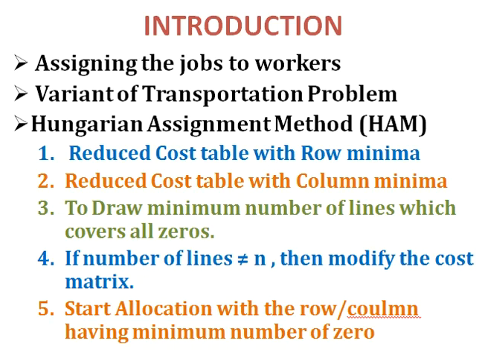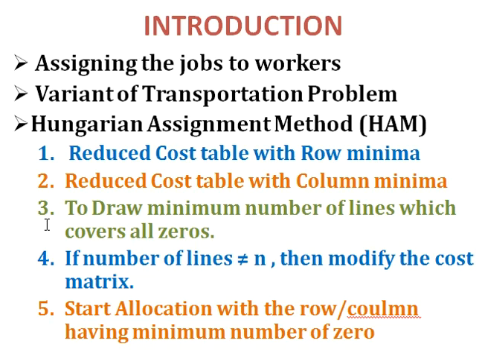So let's see why we are using this algorithm for the particular assignment problem and what the different steps of this algorithm are. Basically, these are the 5 steps to solve assignment problem by using a Hungarian assignment method. The first step is to prepare an opportunity cost table with row minima. Then we will subtract the minimum value of each column, which will give you a further reduced cost table. Then the third step will be to draw a minimum number of lines which cover the maximum number of zeros.